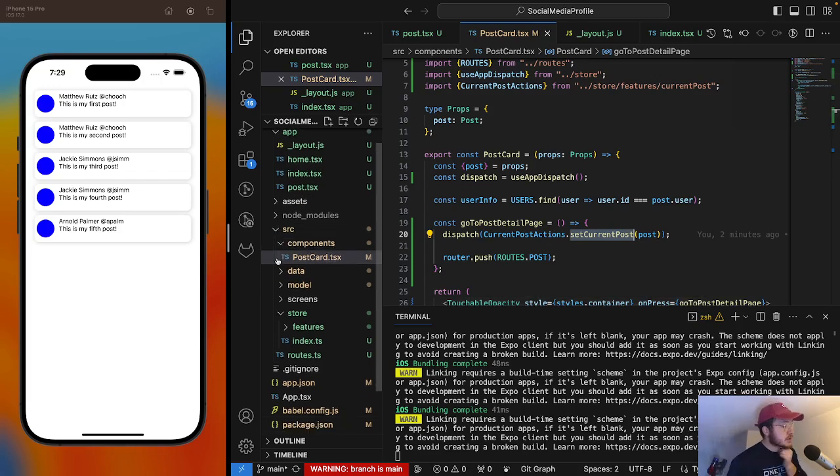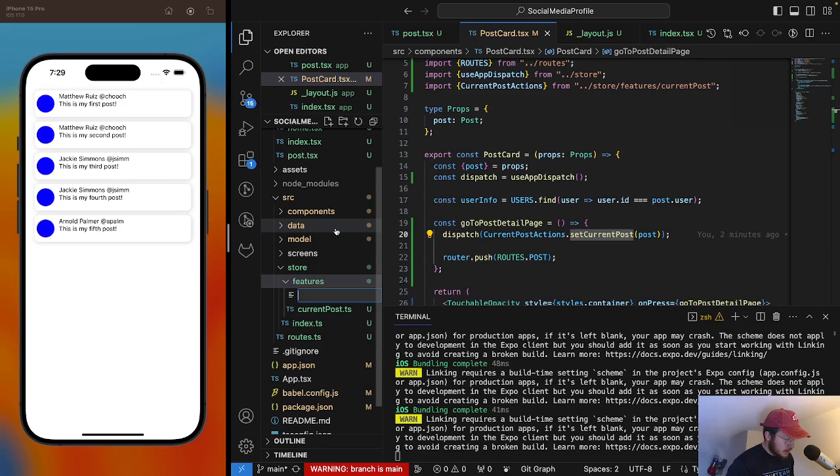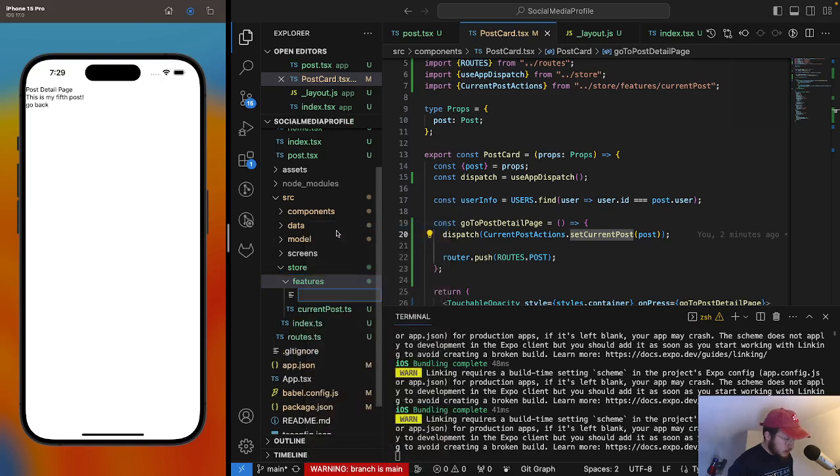So let's also do the same for the user, for the current user slice, and we can easily figure that out. When we click on this, we're going to display some information here about the post, and some of that information is obviously the user. We're going to click on the user and take them to the user profile. User detail page is probably what we'll call it to be consistent. And that's going to use the current user slice. So yeah, current